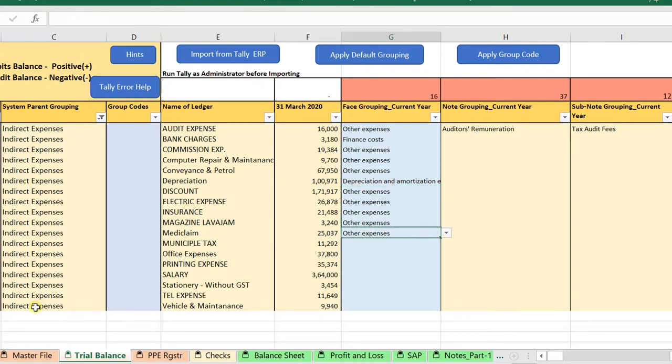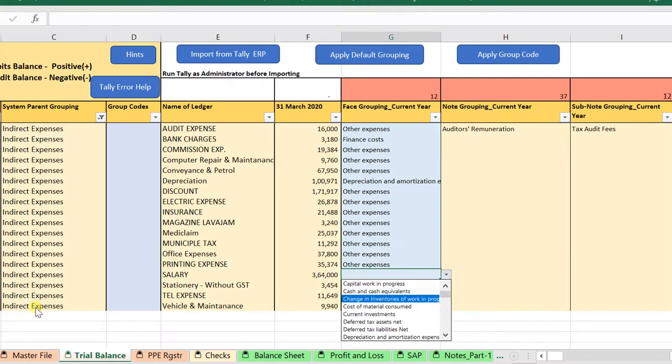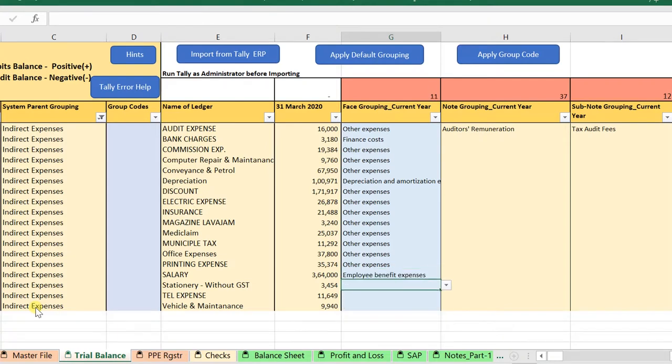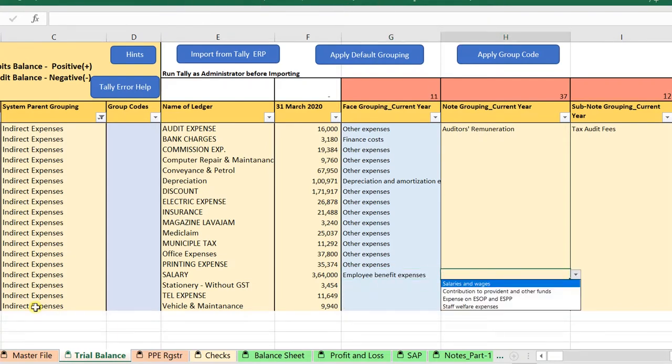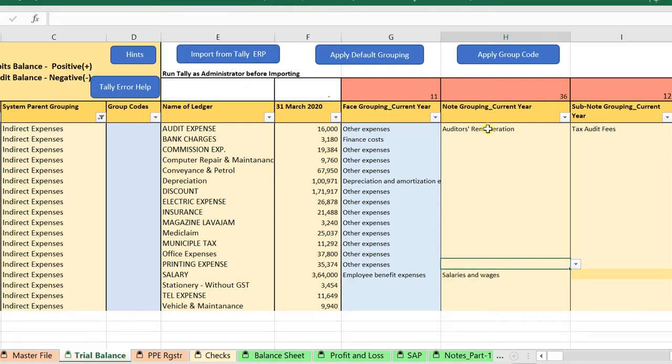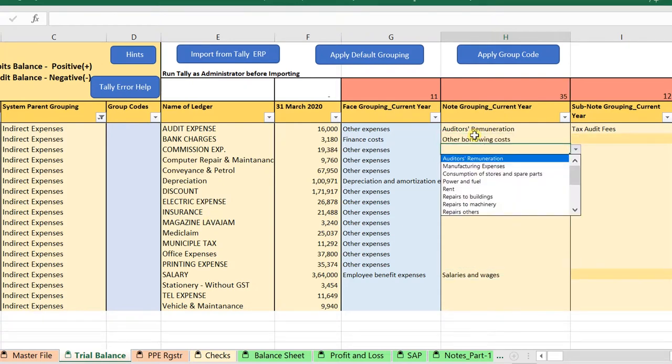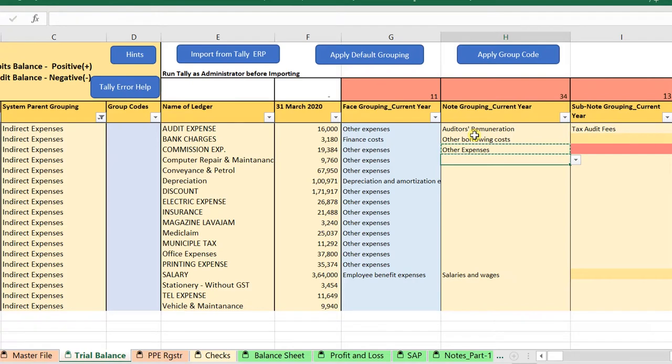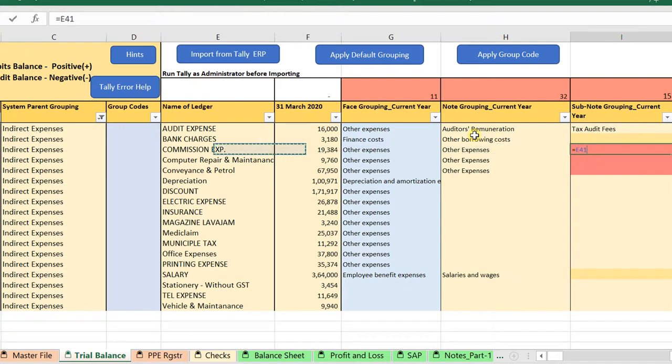So as and when you do the grouping, you specify node grouping, your sub node grouping option will open and you have to select the groups as per the requirement. So I can select over here, it's going to be my salary expenses, finance cost, I can select it's other borrowing cost. And mostly there are many open-ended categories. So wherever you specify that it's other expense, other payable or others, over there you will have to specify subnode grouping. It is compulsory. So in those cases, the cell color of subnode group will automatically turn red.